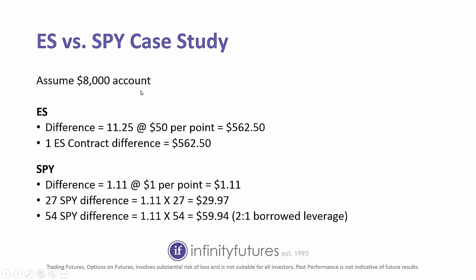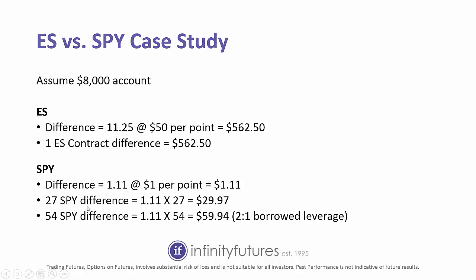Let's assume we have an $8,000 account to start our process and compare the two. On the one hand, as we already discussed, you could buy one E-mini contract with an $8,000 account based on exchange minimum margins, and that price difference was, again, $562.50. For the SPY, you'd be able to buy 27 shares, and the difference would have been $1.11 times 27,